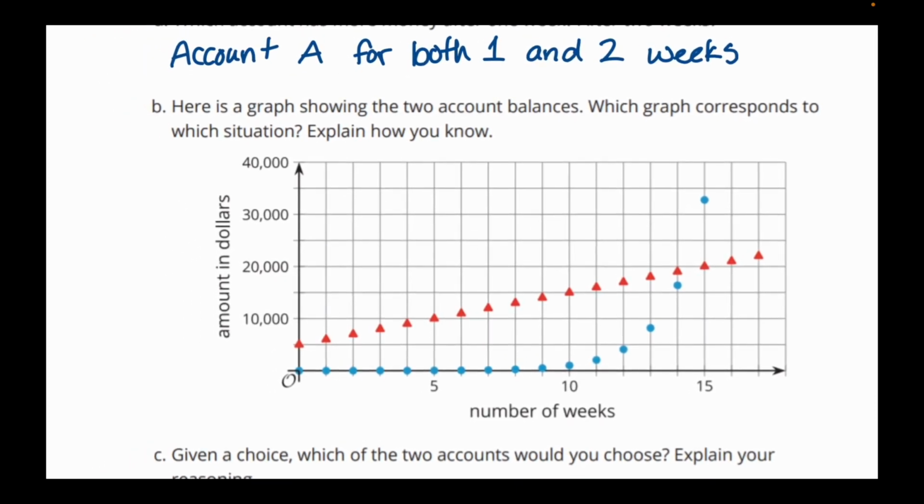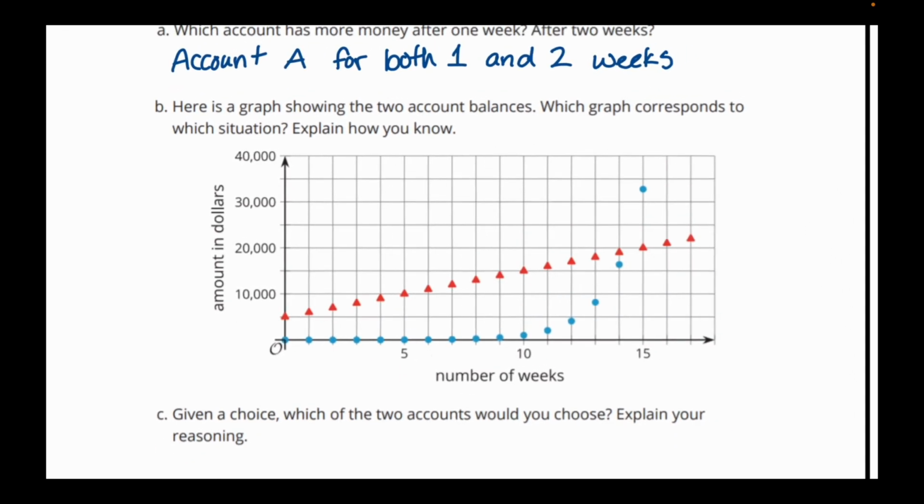Well, I kind of did that in my head in order to read from this, but account A is going to be the one that starts with more money and then increases by a consistent amount, meaning it's a linear function. It's increasing by the same amount each time. And then bank account B, that's going to be the one that has a small amount, but is going to grow exponentially and have this curve. So